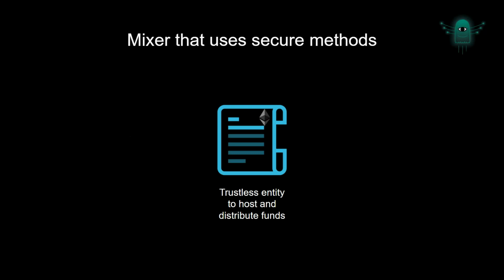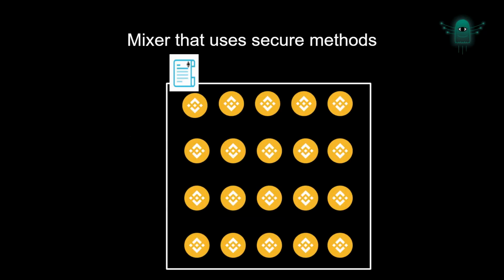Now, GhostMixer leverages the fact that smart contracts can be used as a trustless entity to not only host, but also distribute funds. So if you think of a pool being managed by a smart contract, this pool will accumulate funds. In this example, we're using BNB, the native token of the Binance Smart Chain. And a wallet that chooses to create a new identity can deposit a certain sum of BNB, in this case 10,